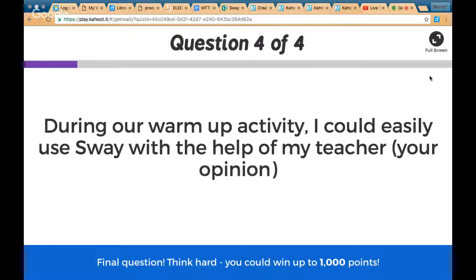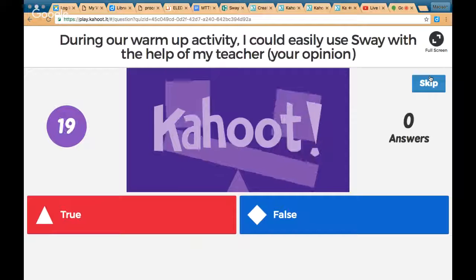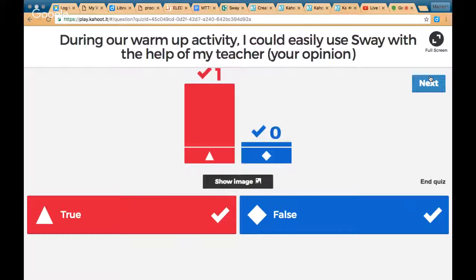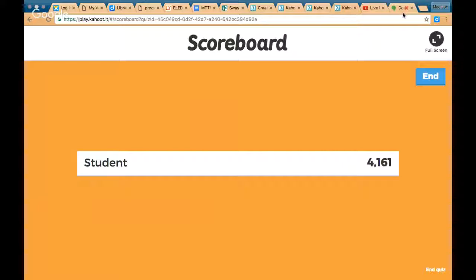And our last question, during our warm-up activity, I could easily use Sway with the help of my teacher. This is also an opinion question. I just want your feedback. Oh, good to know. So you all thought it was helpful. You all thought it was easy with my help, and I think after you get adjusted to it, it's easy as well. So that concludes